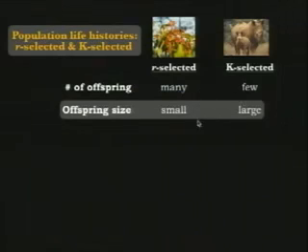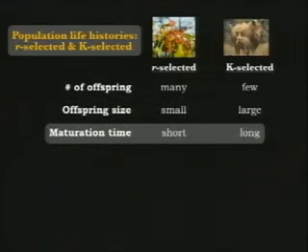Yes, if your propagules are small and you're seeking these open areas that might be few and far between, these disturbed areas, it helps to be small because you're likely to propagate further. And that's often the case with these pioneers. They have to propagate great distances. Sometimes they have to lay dormant, in the case of the plants, for long periods of time before they start growing, and it's then that they grow fast and mature in a short amount of time.